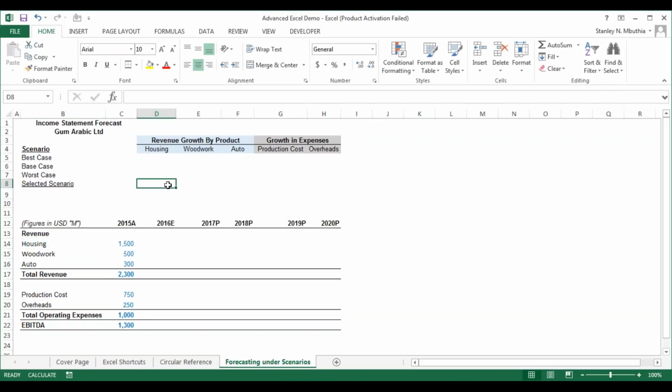Now, great. So we want to do a projection on 3 product lines, which will give us the total revenue here. Then we need to do a projection on